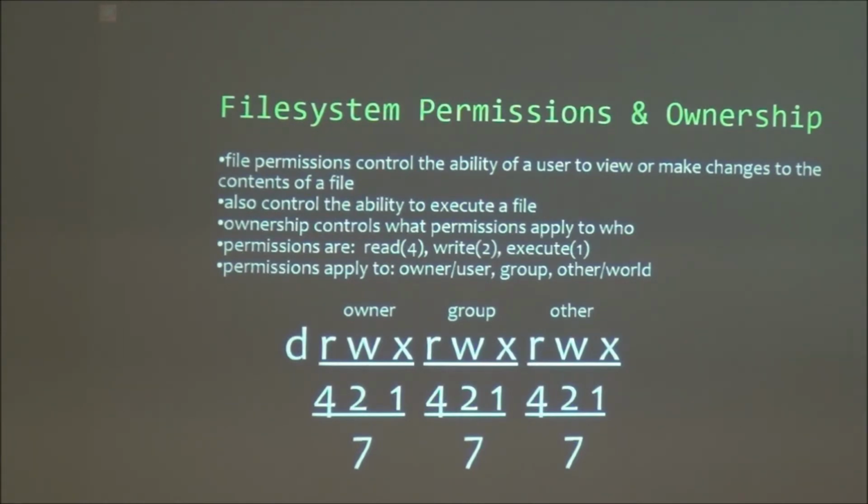If it's an executable binary, like a .exe in Windows, just because it's a .exe, you're supposed to be able to run it. In Linux, that doesn't happen. It could be an executable binary, but if you don't give it permission to execute, it's not going to run at all.